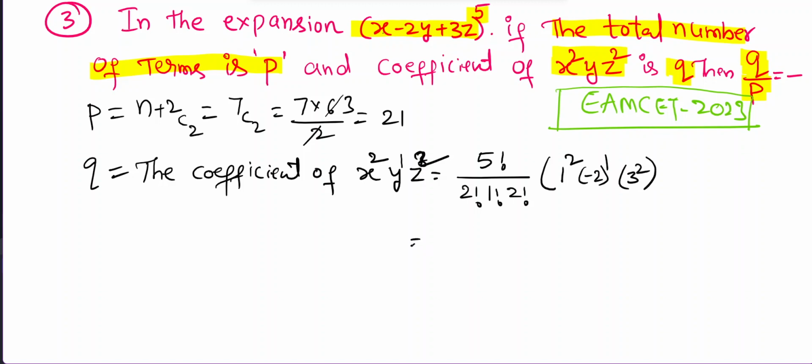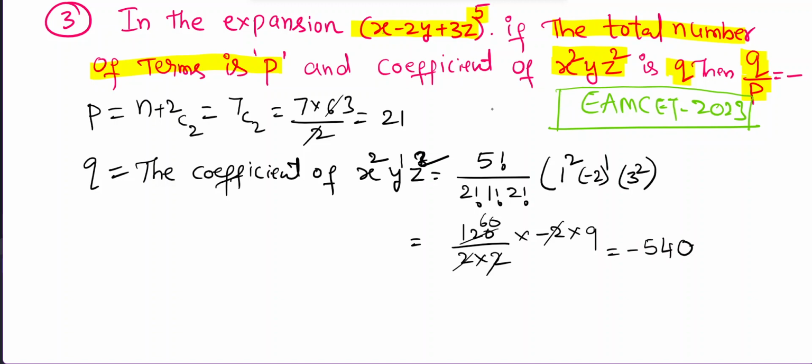So that is equal to 5 factorial, 5 into 4 into 3 into 2 into 1. 5 4s are 20, 3s are 60, 120. 120 by 2 factorial, which is 2, and 1 factorial is 1. Here this is 1 squared, 1 minus 2 power 1, this is minus 2, 3 squared is 9. Here the 2 cancelled, 60 times 9, 6 9s, that is minus